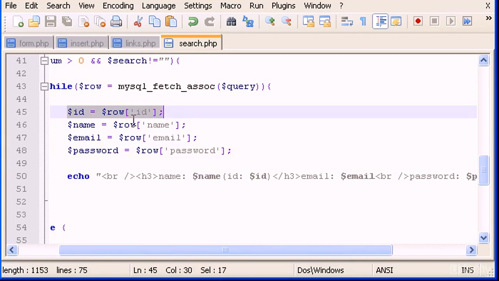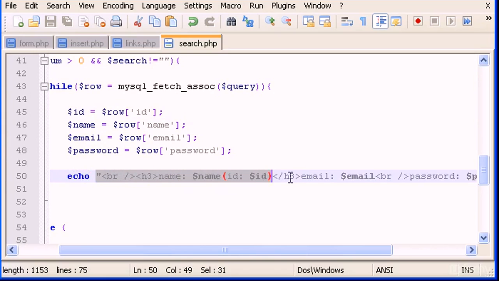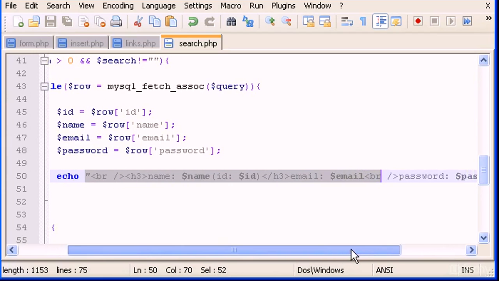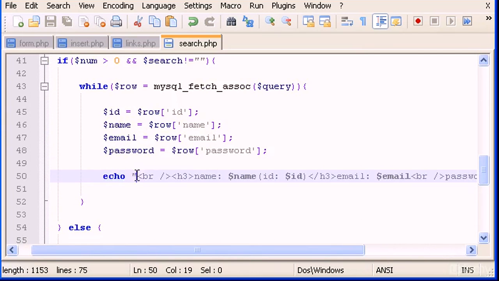After the while loop and given the variables here, the values of row and each field or each value, you can type echo, and this is what is going to be presented to the user in your web page. So you can type this as I have here. Open double quotes and line break, H3, and then name, colon and the variable name, parentheses, between the parentheses we are going to identify the ID of the user,